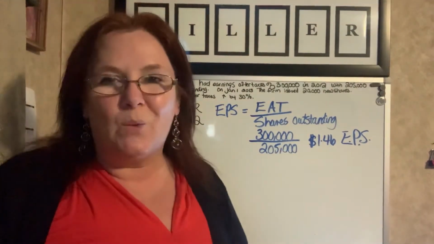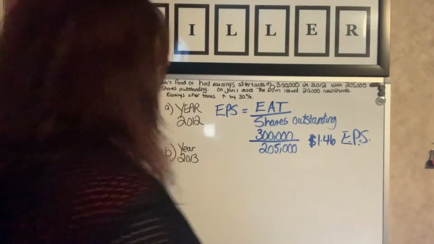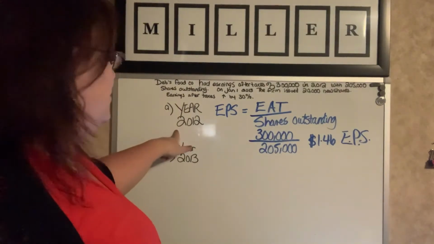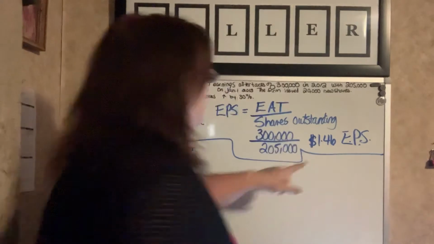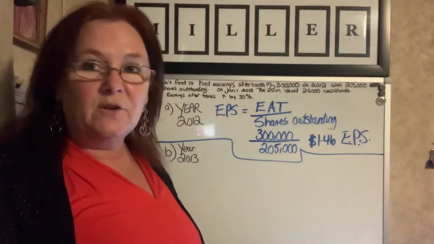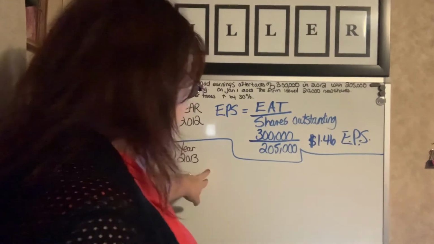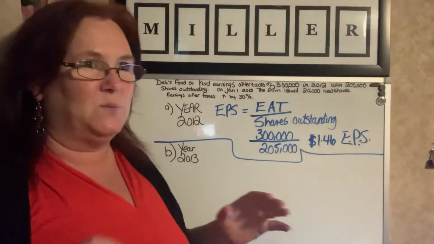A little bit more work on the second one, but not really too much. It's not really all that bad. So that is the A, the part year 2012. That is complete. Your earnings per share, the answer to that question is $1.46. Now, to calculate year 2013, we're gonna have to do a little bit more work because we say we've increased